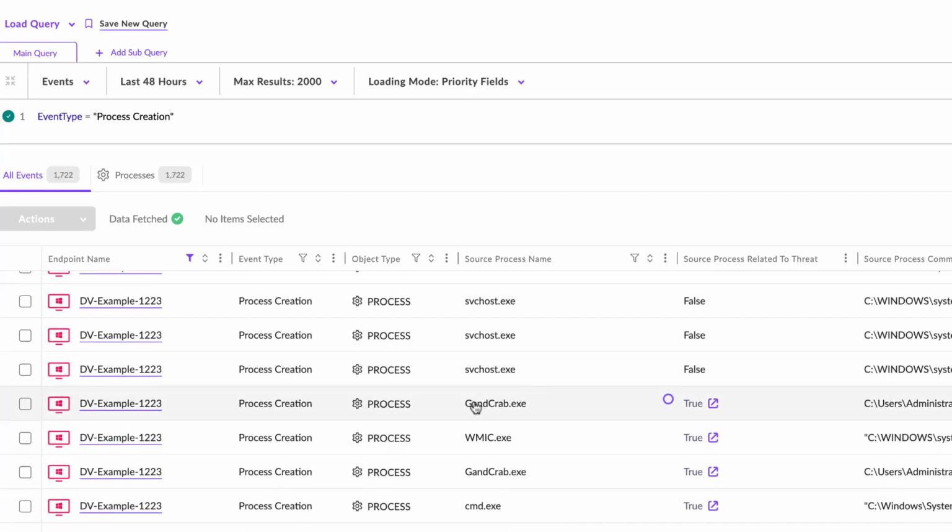And of course, we've got GandCrab, WMIC, GandCrab, and commands. And all of these, I would stop what I was doing right now, and I would look at these immediately, because we know that those are bad news. But if it wasn't that easy to find, what you would do is, after you selected a few things, hit